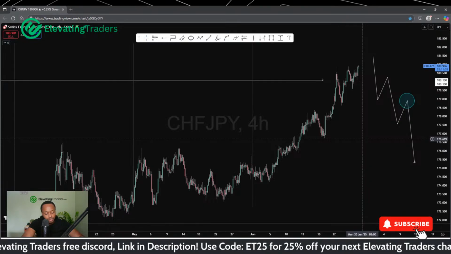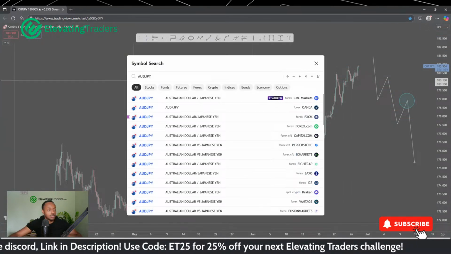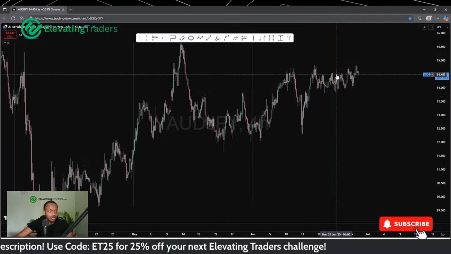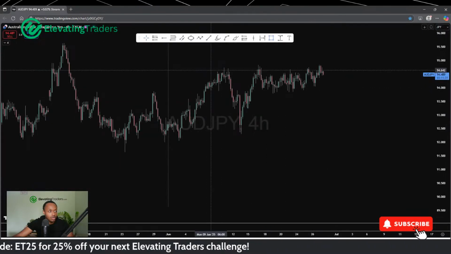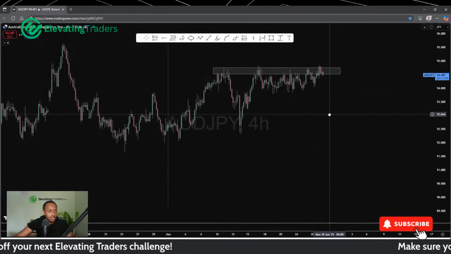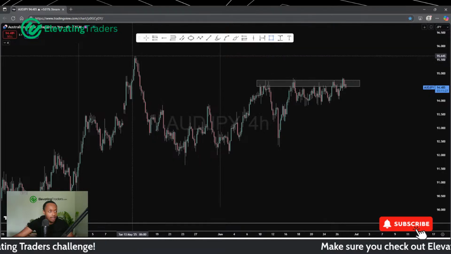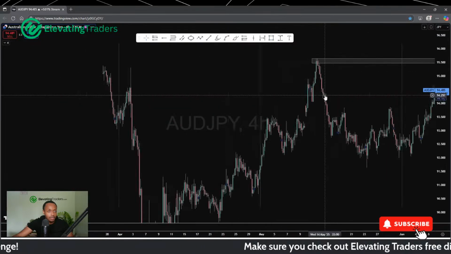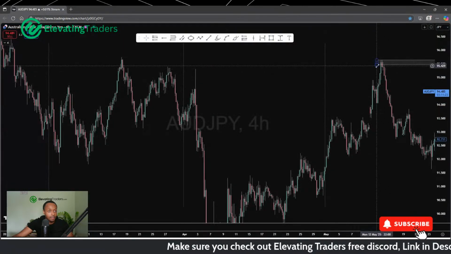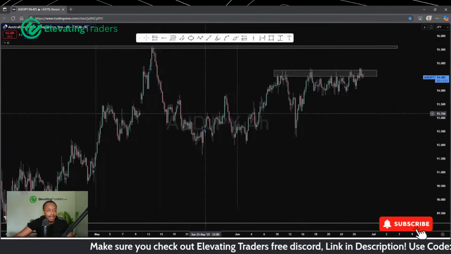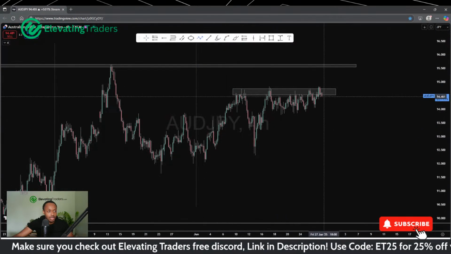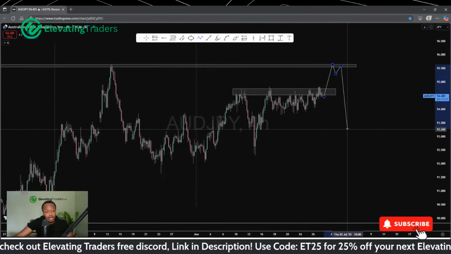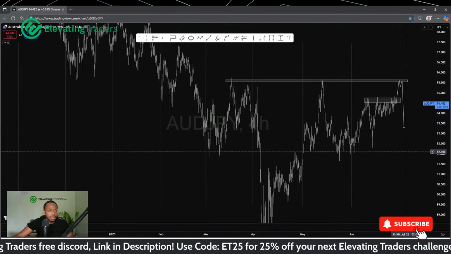In terms of Aussie yen and New Zealand yen, these guys are just slowly taking their time, to be honest. Aussie yen, for the most part, is quite stuck at resistance, but I do think we can break higher and push back to resistance up at 95.5. We've got a pretty big level if we look to our left. I think price is likely to push there. We might see some nice selling opportunities at that level, so keep an eye on that.